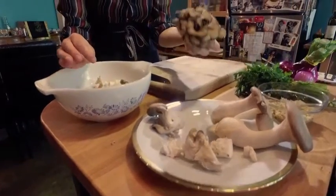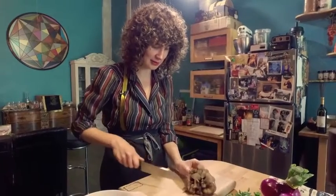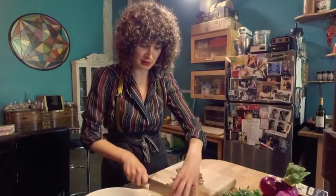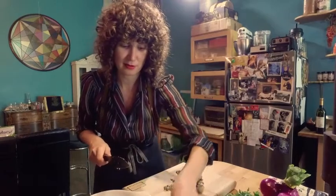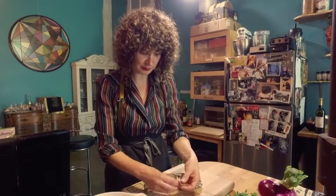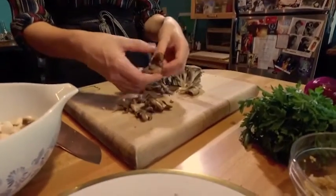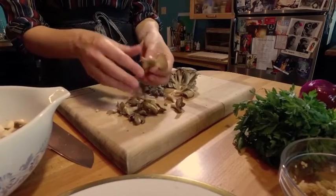Lastly, I'm going to keep these separate. These are my maitake mushrooms, also known as hen of the woods. They're really meaty, super rich, decadent mushrooms. Same thing, you don't want to mess with their shape too much, just cut off the base. And I'll save that for a stock at a later date. And they don't even really need to be cut. You just kind of gently pull them apart. The goal here is really getting all the mushrooms in a relatively uniform shape, as this is going to become